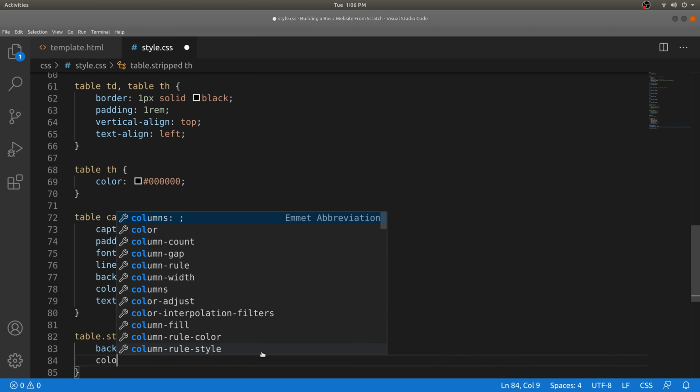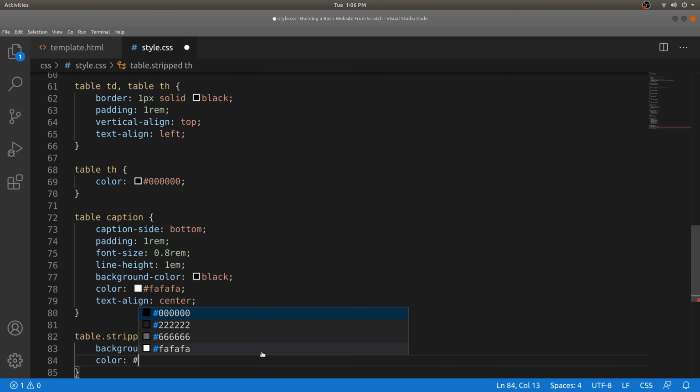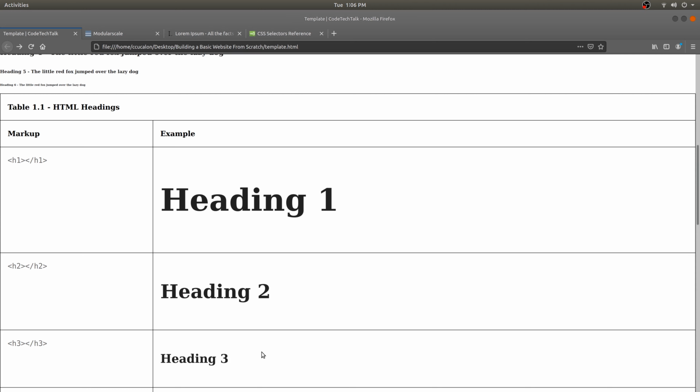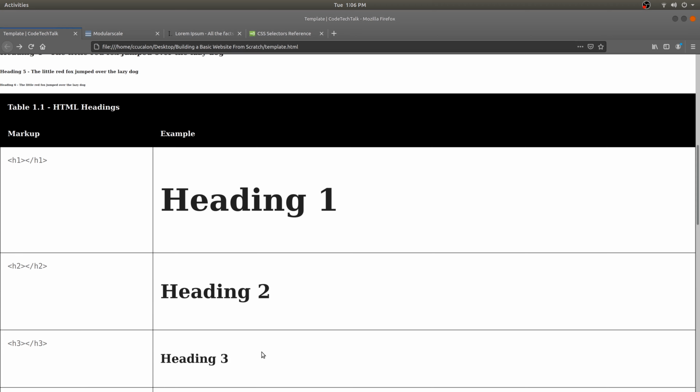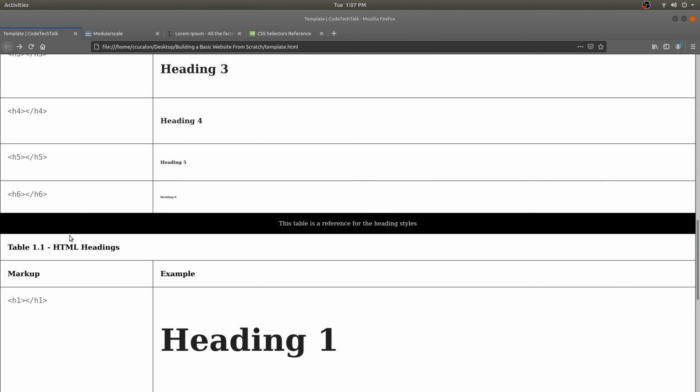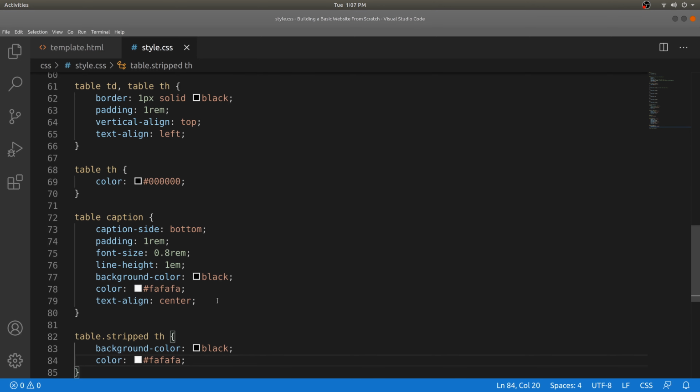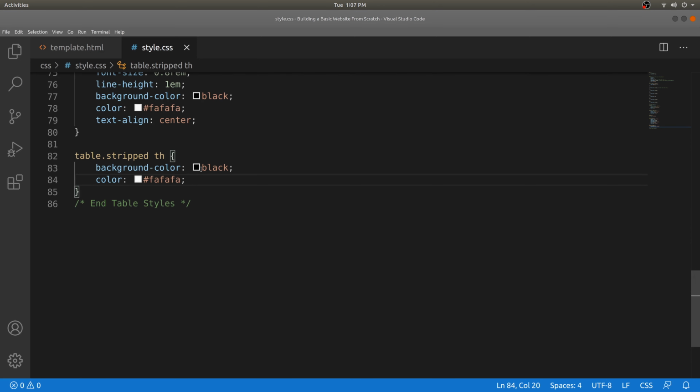We're going to add a background color of black, and then we're going to change the heading color to that FA. And then we're going to go in and refresh this. Now you'll notice that we have this table heading here, right? And this one that has the class of striped has this black background with the white text. But if you scroll down below it, you'll notice that this one wasn't affected, and it's because it doesn't have